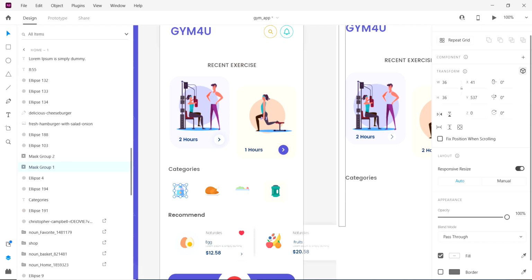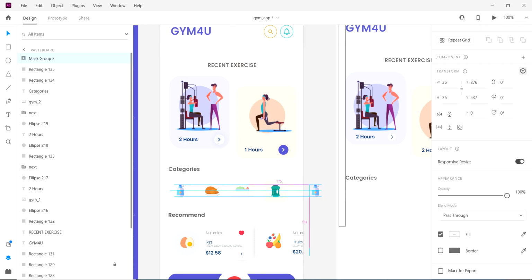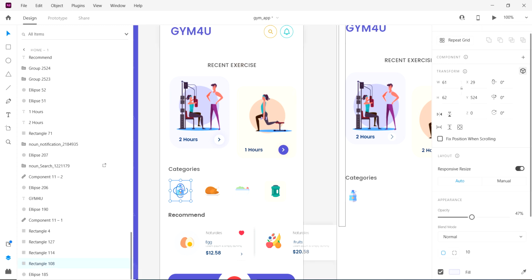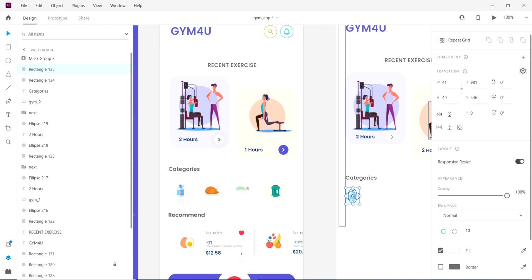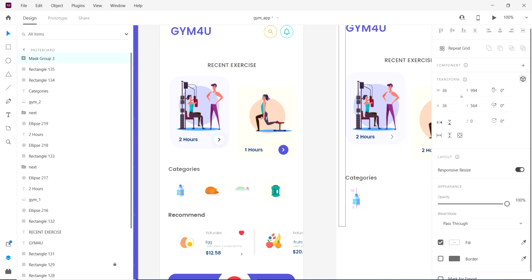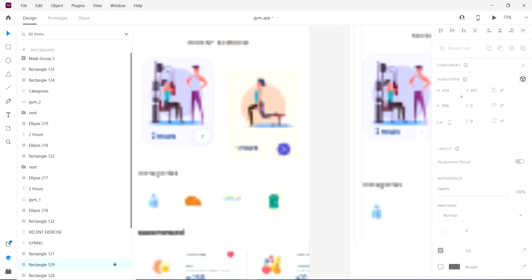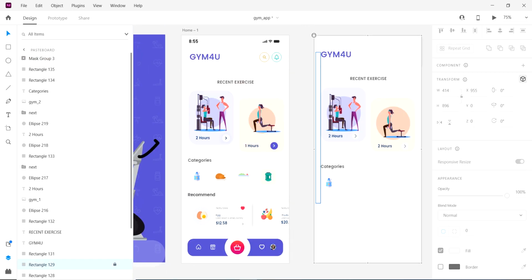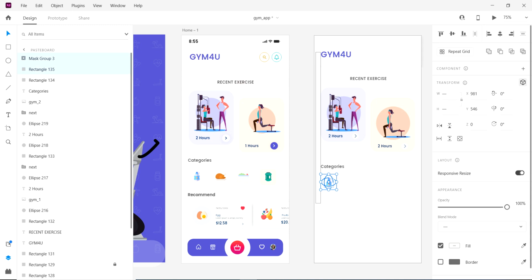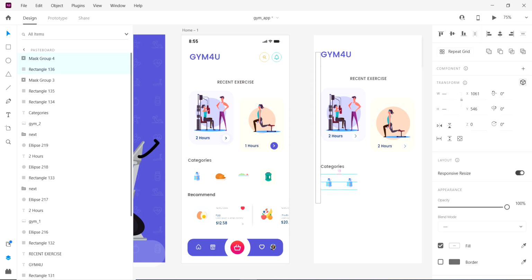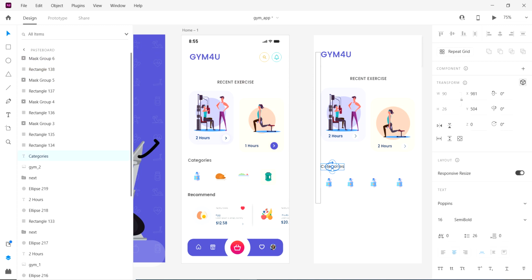Okay, so same process. I will copy and paste. You can choose an image on the Freepik website or any other website. It should be a free website, and you can choose the same 61 by 62. Okay, then you will do copy paste. Then copy paste. You will change the image and change the color. Copy paste. After that, same process.